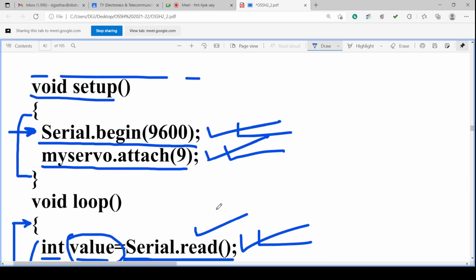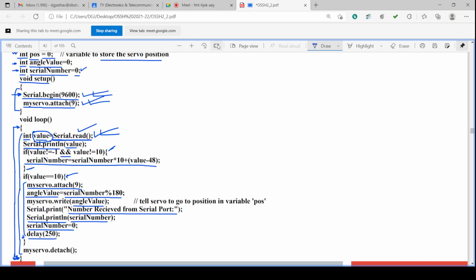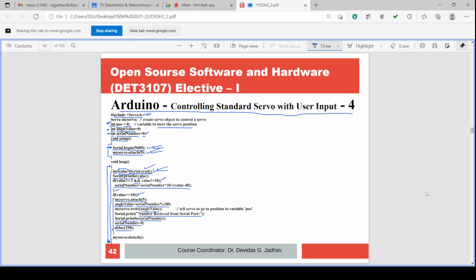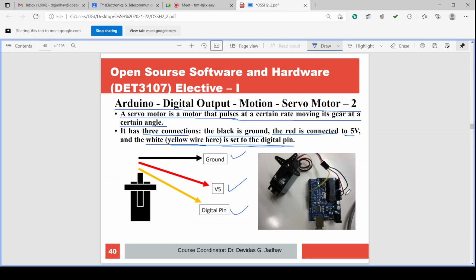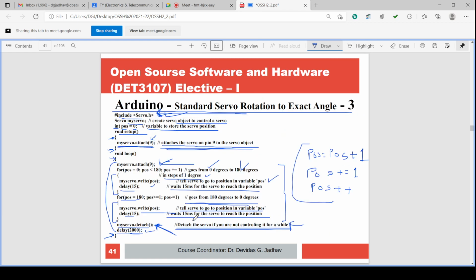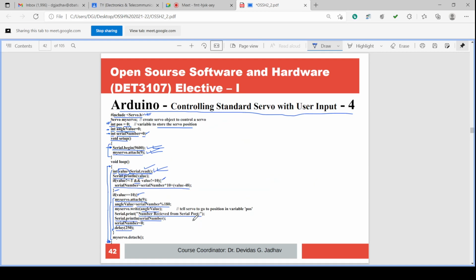There will be servo operation in this case. Okay, so in case of servo operation we have to connect the VCC and ground and digital pin, and this digital pin, here we are using as pin number 9. Suppose then we will have myServo.attach(9). In this program also we are using the same pin number 9, and here we are using Serial.begin(9600) to have the serial